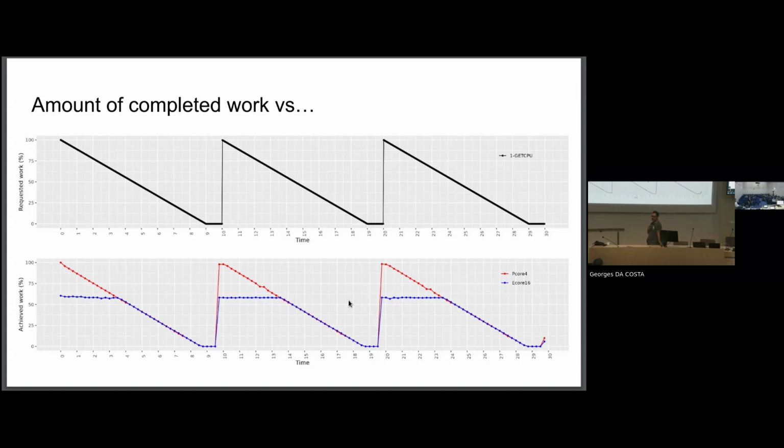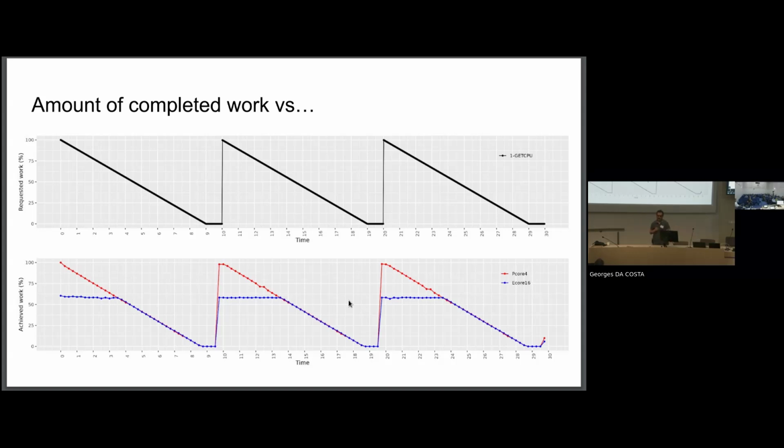in definite chunks of time, meaning that in a chunk of time, if the CPU has completed the work we ask, the CPU goes silent. And then we compare the requested amount of work to what we've actually achieved. And in this plot here, we have